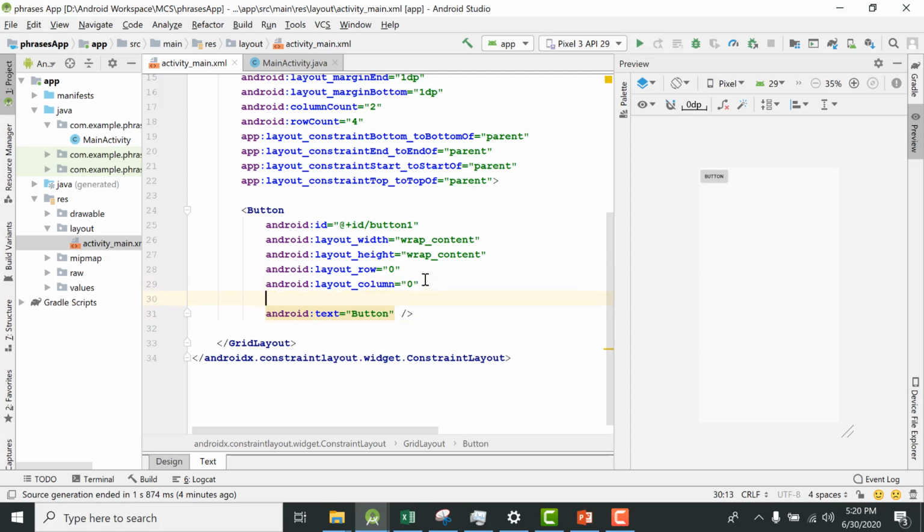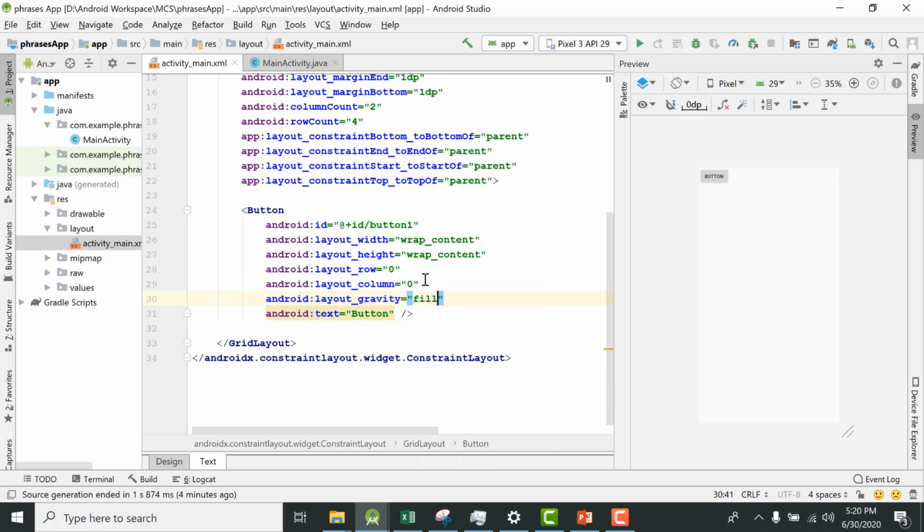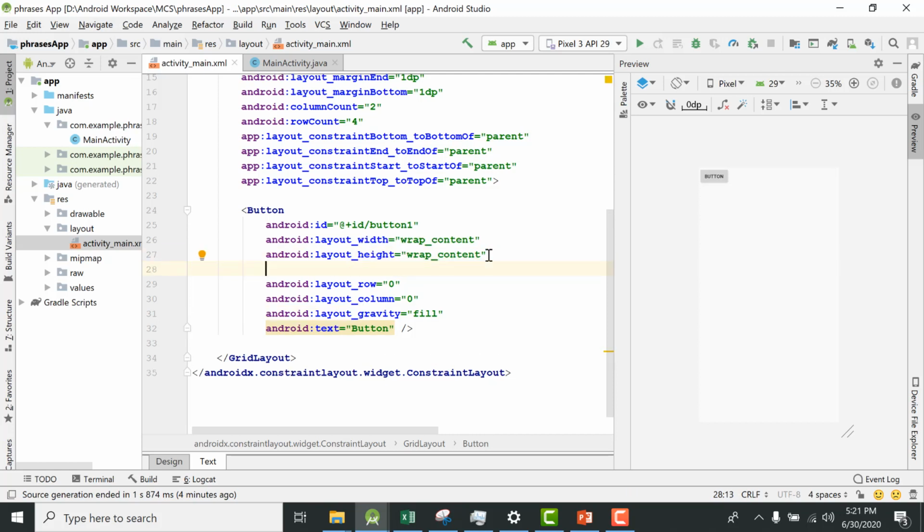So here I'm going to use layout underscore gravity, and that gravity is fill. So the next thing would be to remove these two attributes which are called Android layout width and layout height, because here I am going to use row weight and column weight. So let me first use them, and then I can delete these attributes.